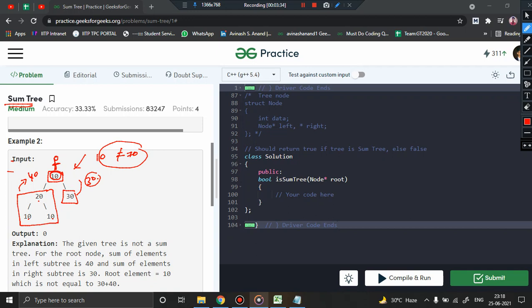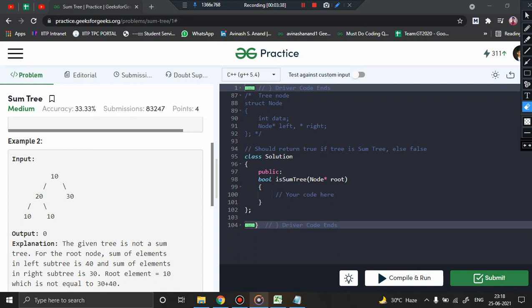I hope you are getting the idea about what is actually happening. The logic is very, very simple, right? It just requires a bit of understanding about recursion and how things are actually working, and you will be able to solve this particular problem. So you see, what we are doing is basically we are trying to check every subtree, right?